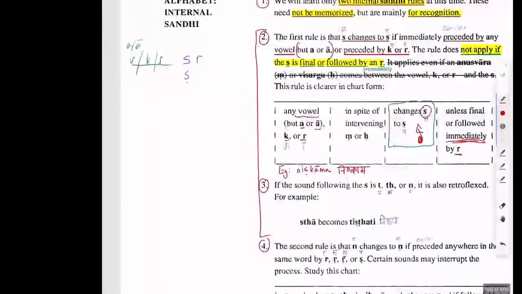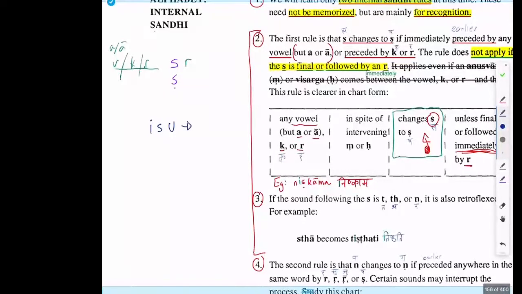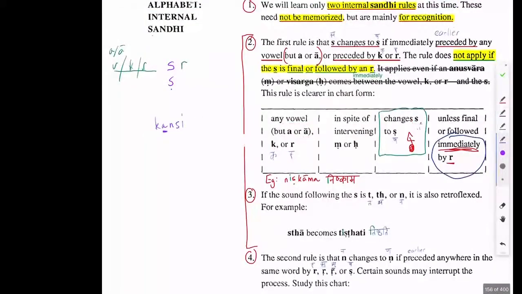Okay, so let's do an English example. Casey, what is this supposed to be now? So there is an I in front of it, so it's one of the vowels that's not A or A. So it changes from a s to a sh. Ish. Good. 10 out of 10. Now, what if, Rani, what if I add a r here? It doesn't change.